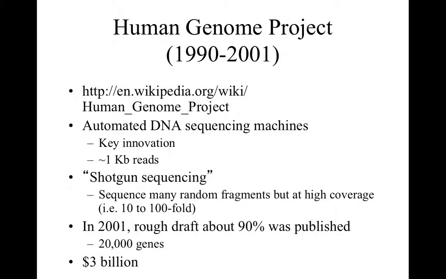The way around this problem was called shotgun sequencing, in which random 1,000 base pair regions were sequenced and then assembled into longer sequence segments based on overlapping sequence reads. The drawback was that this required that each region be sequenced multiple times. In 2001, after a very laborious process, about 90% of the sequence, termed the rough draft of the human genome,